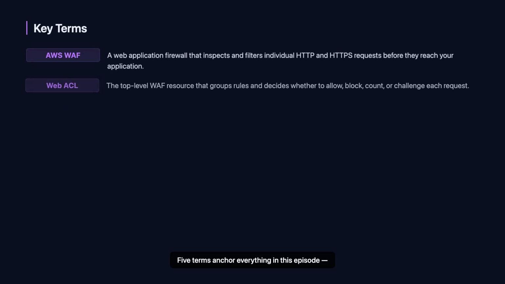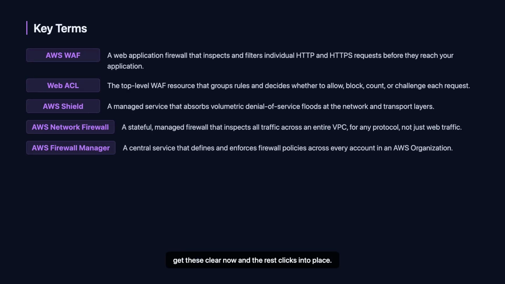Five terms anchor everything in this episode. Get these clear now, and the rest clicks into place. Amazon Web Services WAF is the web application firewall, working at the request level. It reads individual HTTP and HTTPS requests and decides what to do with them. A Web ACL is the container that holds your WAF rules and applies that allow, block, count, or challenge decision